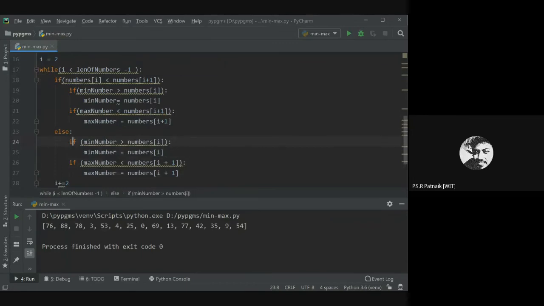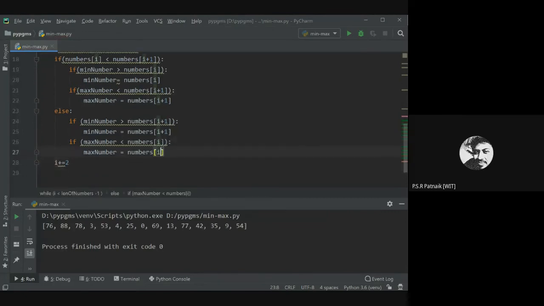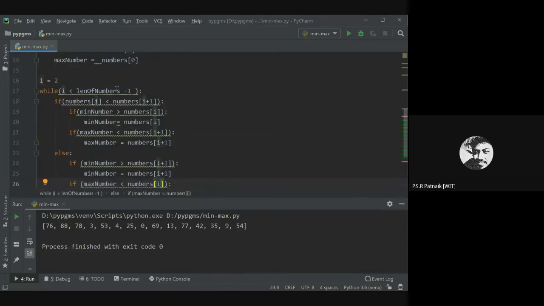So min number will now be compared with numbers of I plus 1. If it is greater, then update it with I plus 1, and the max number is now compared with the first one. If it is less, update this.